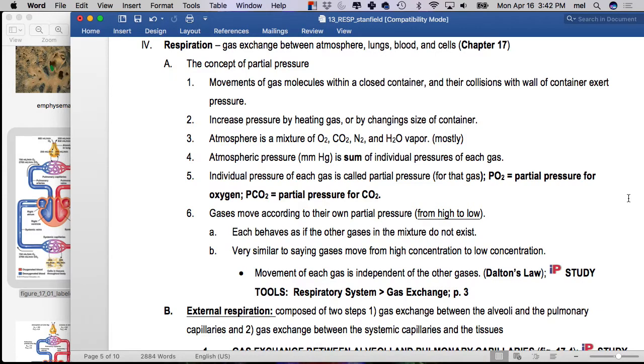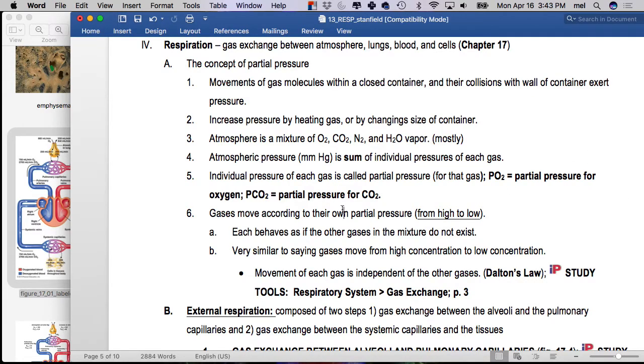So instead of calling it the concentration of oxygen, they call it the PO2, which is the partial pressure of oxygen. Same thing with carbon dioxide. Instead of talking about carbon dioxide moving from its high concentration to its low concentration, they talk about it moving from its high partial pressure to its low partial pressure, PCO2, okay? But other than that, for us, because we're not changing planets, we're not changing pressure in the atmosphere, and we're not heating ourselves up. This is pretty much the same for your physiology. Okay, so